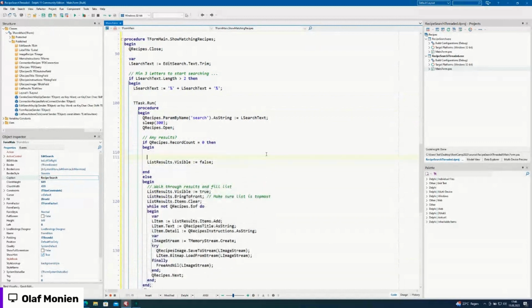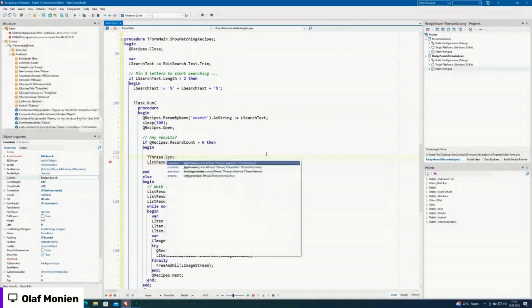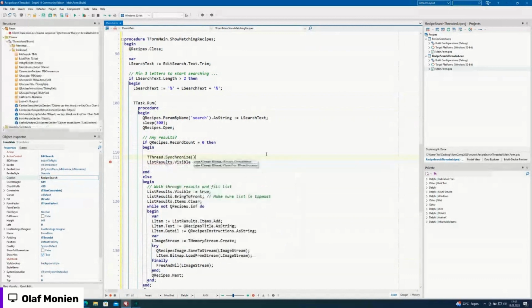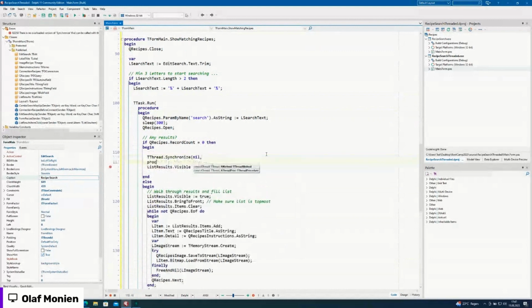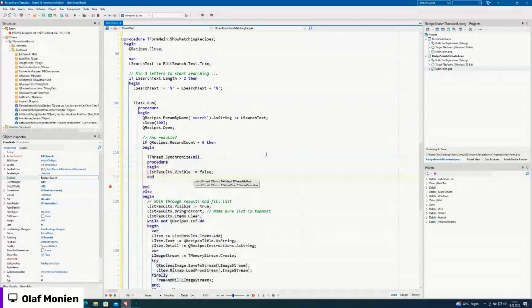Well, TThread.Synchronize. Put in a nil. Don't ask me why. Well, I know why, but don't ask why. It's just the way it is. Procedure, begin, end. So